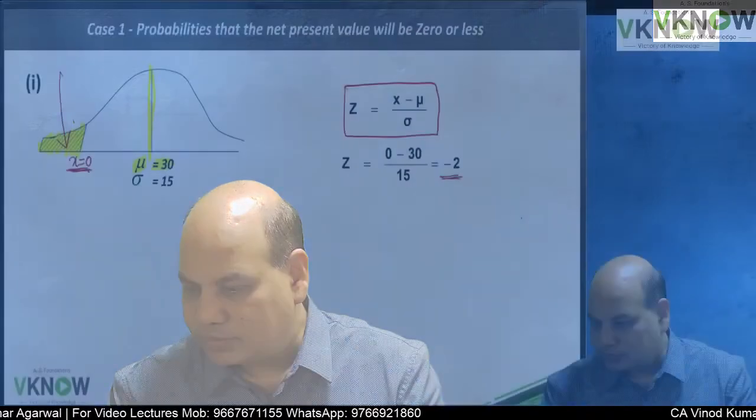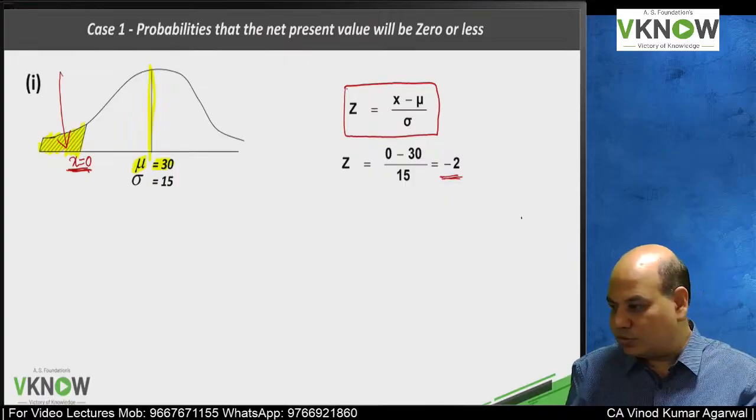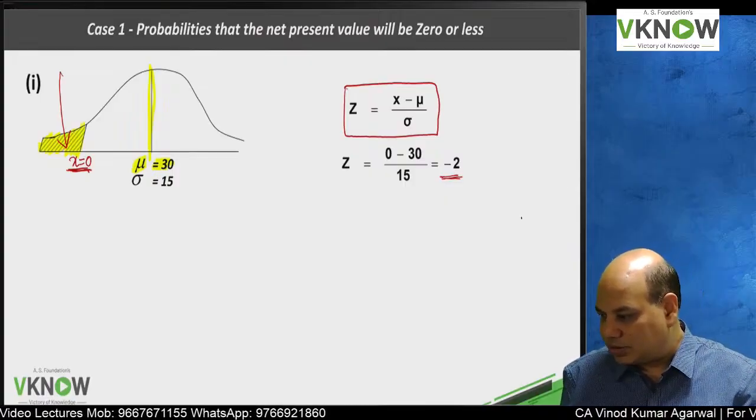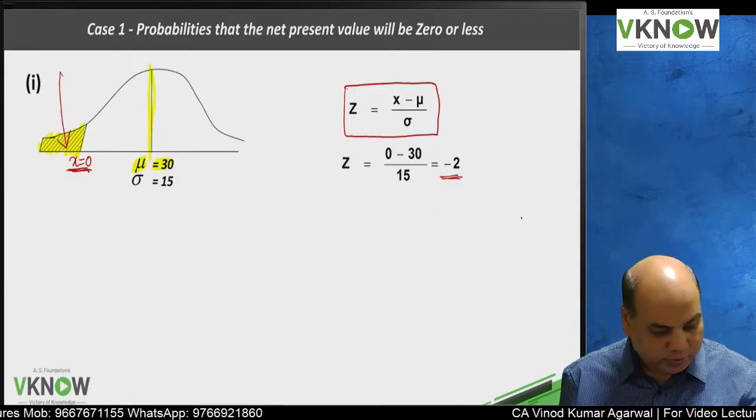Don't search for the negative sign, just search 2. How much are you getting? Can you see 0.47128? Say yes or no. I hope you are able to search it. Is it right? In front of 2, 0.4